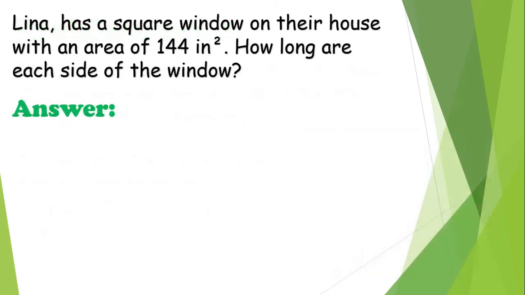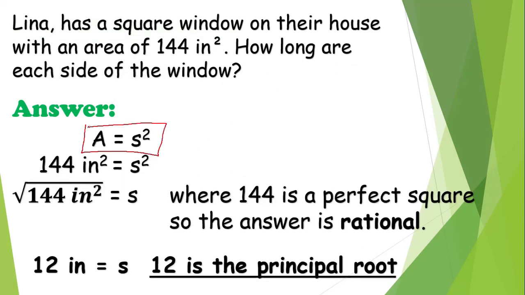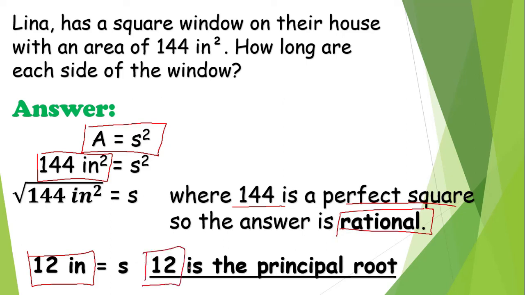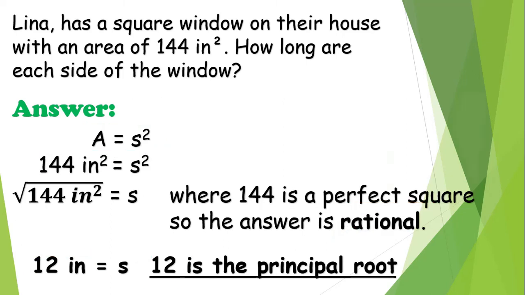Okay, let's see if your answer is correct. Okay, so we have the area of a square, which is A equals s squared. Then we have A equals 144 square inches. Kukunin natin yung square root, kaya magiging sagot ay 12 inches. So, 144 is a perfect square, that's why the answer is rational. And the principal root is 12. Okay? Next,